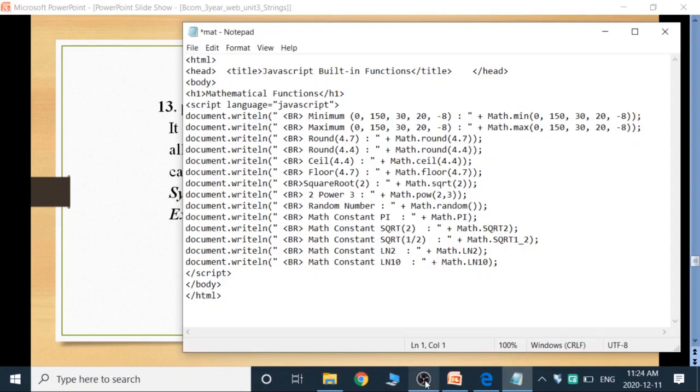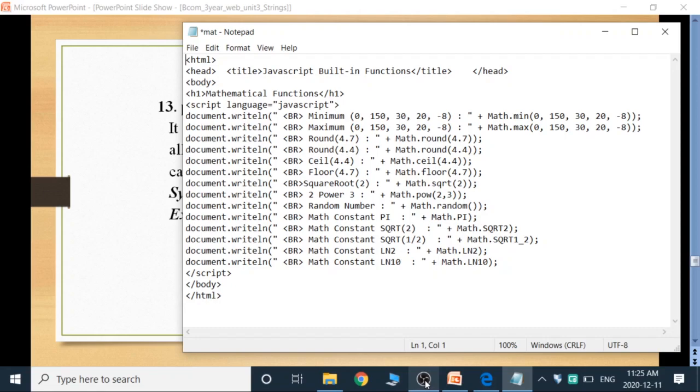Let's see the output for these mathematical functions. HTML, head, title, H1 mathematical functions, script tag. In Math, I am using the min function, max function, round, ceil, floor, sqrt, power, random, pi, square root.